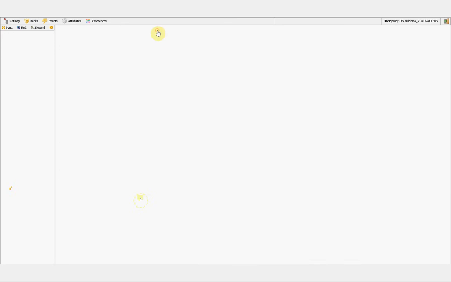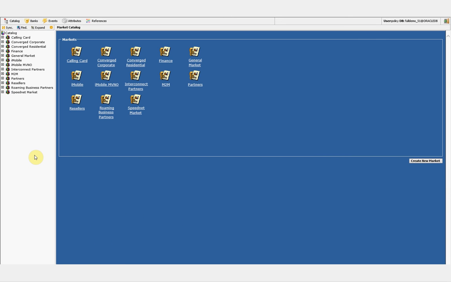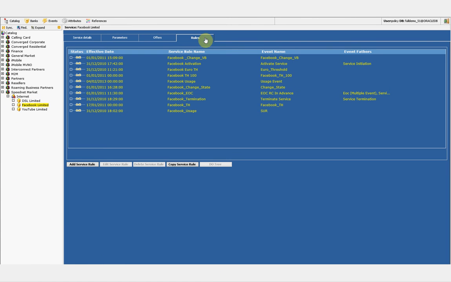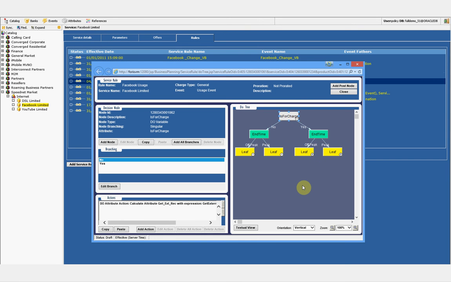Let's enter the business planning module, where all the business rules are implemented. Here is the product catalog. We will enter the internet package and go to the Facebook service. We now enter the Facebook usage business rule, which is automatically triggered upon Facebook usage. The Do Tree on the right side includes the quota management logic for the Facebook application. Is for charge represents whether the current usage crosses the monthly quota limit, and therefore the user should be charged